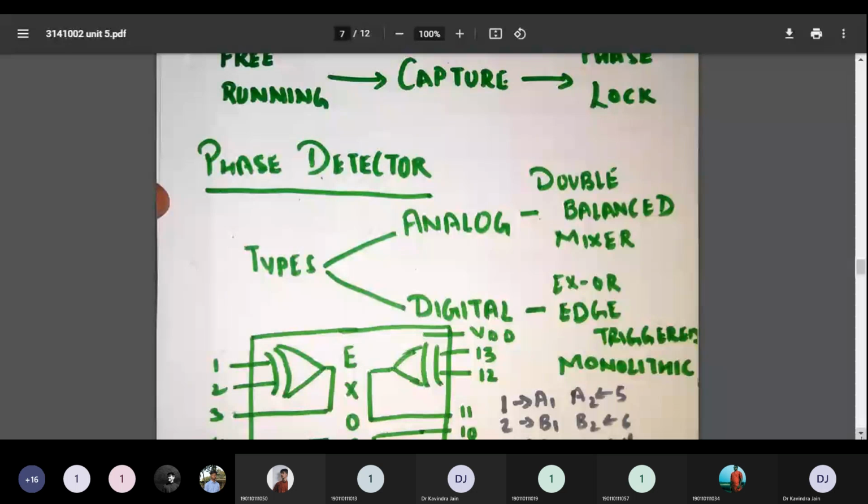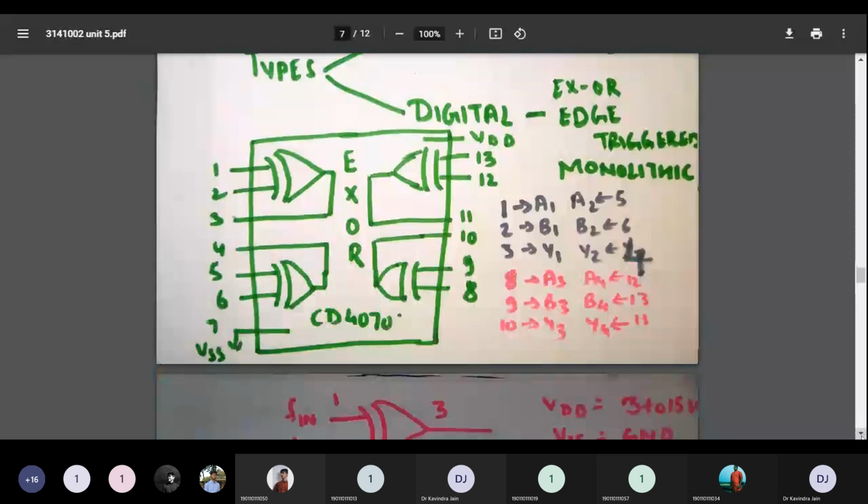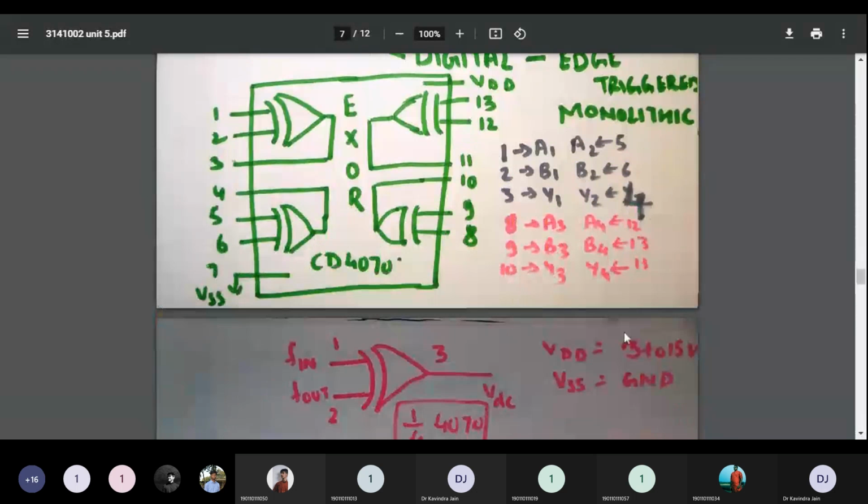So those students who are aware about this pin configuration, that's fine. These are the symbolic representations of each and every pin. 1 and 2 are input pins, that is A1, B1. Third pin is the output pin of Y1. So 2 inputs and its output is at pin number 3. Similarly, the 2 inputs are 8 and 9, 12 and 13, 5 and 6. Correspondingly, 4, 11 and 10 number pins are its output.